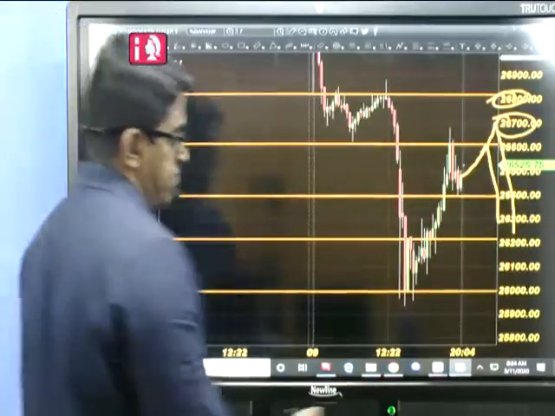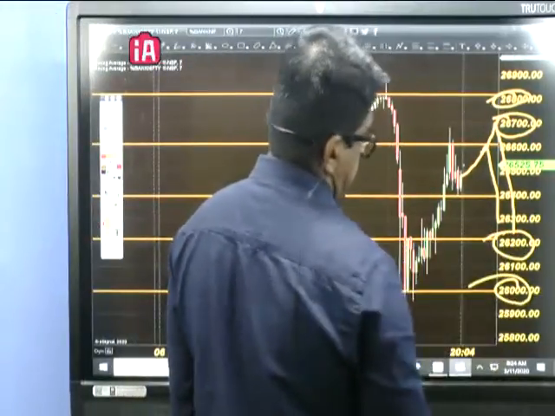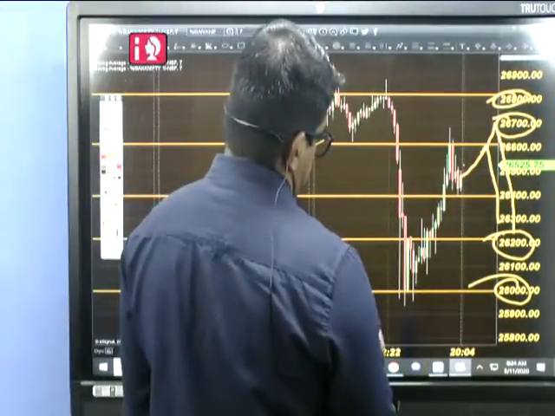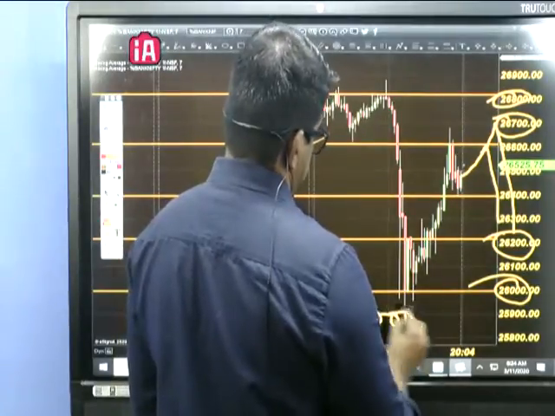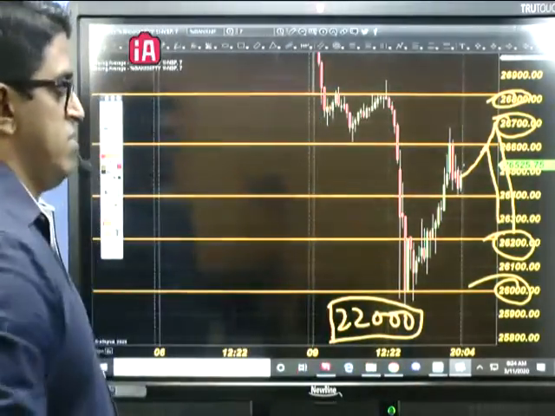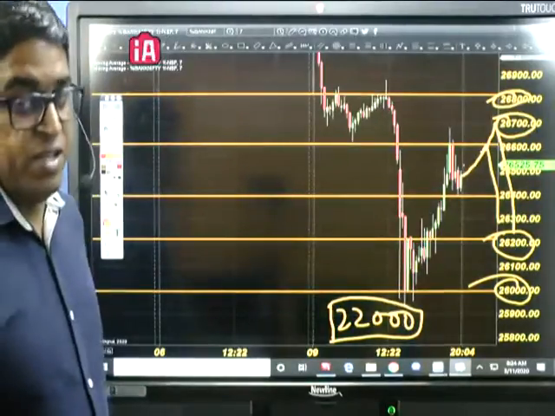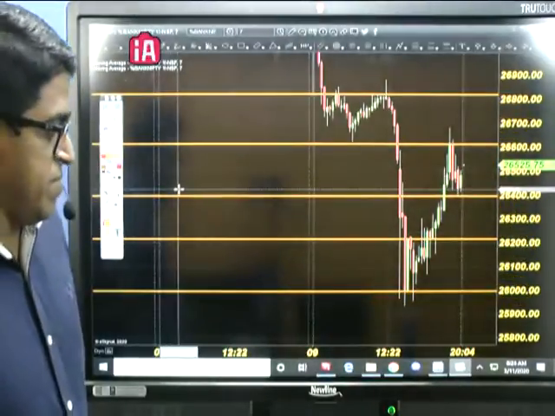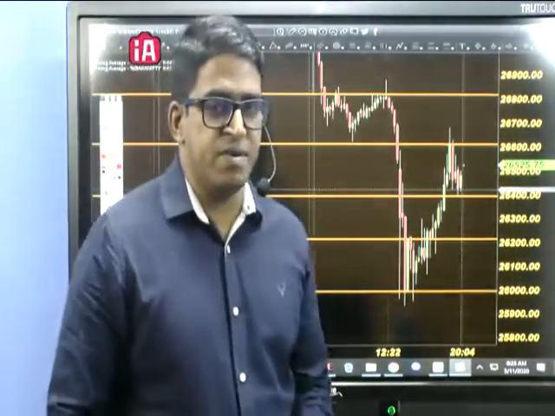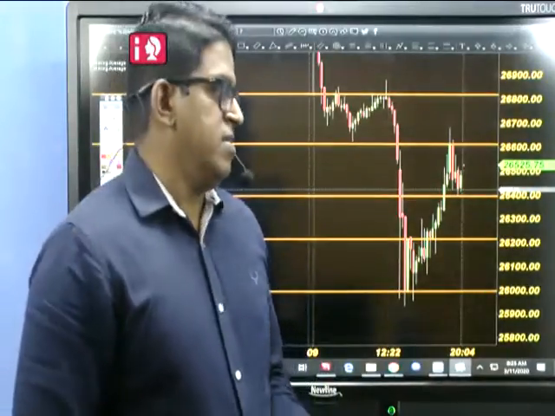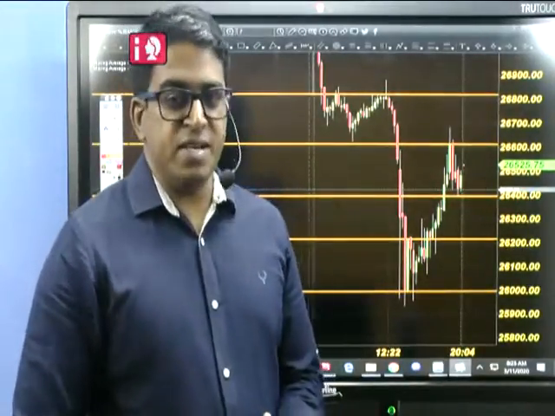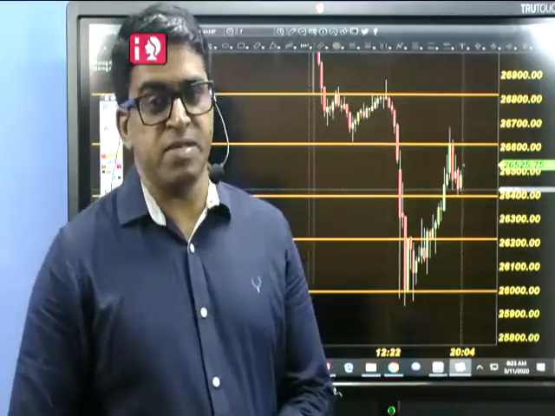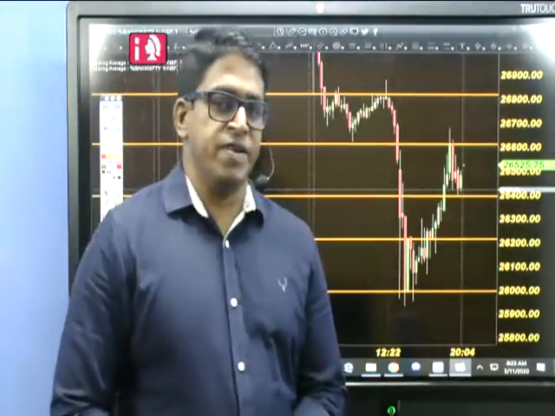The targets for Bank Nifty are 26,200, initially 26,000, but if you have a long-term view, we can say that 22,000 is possible if the market is going for correction. So again, you can see some 4,000 points drop in Bank Nifty if the price comes down for correction. But whenever we project a big number, that doesn't mean it is going to happen immediately. We can predict the trend, but we cannot predict the timing. Within this time frame the price can come, or it cannot. We cannot say that.